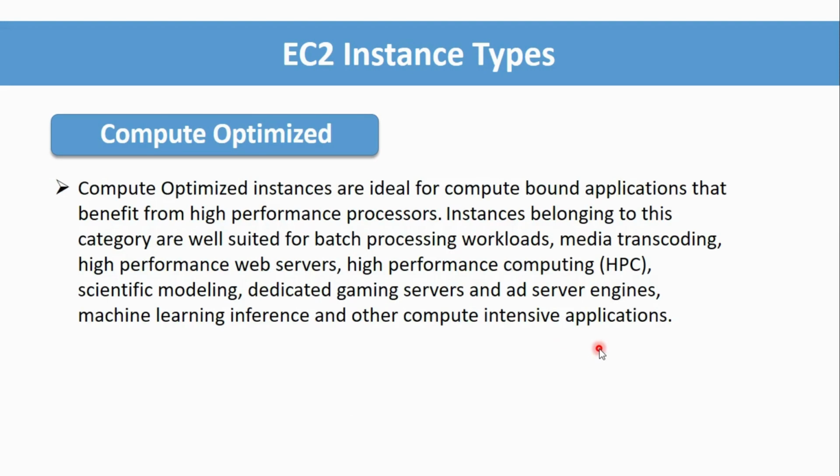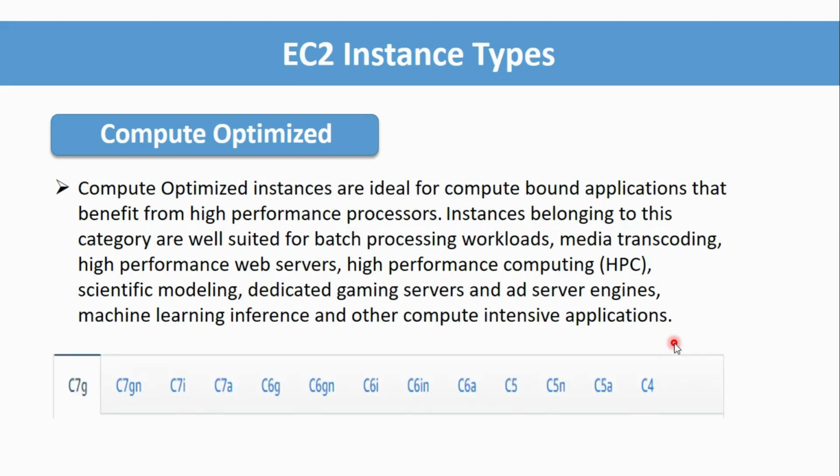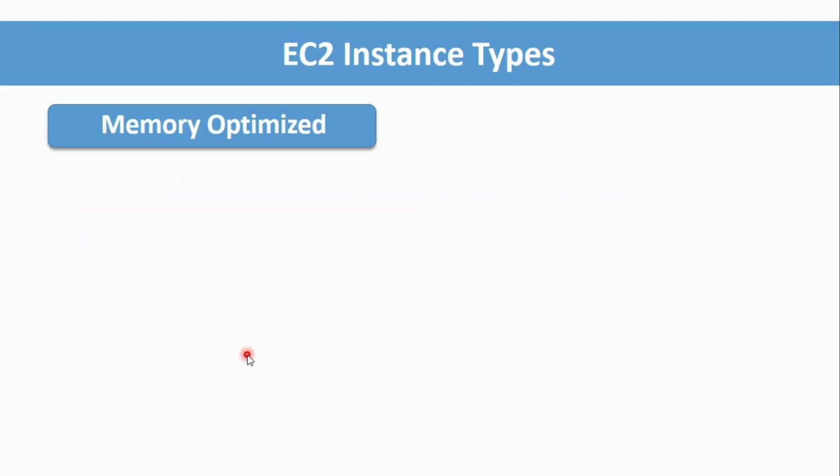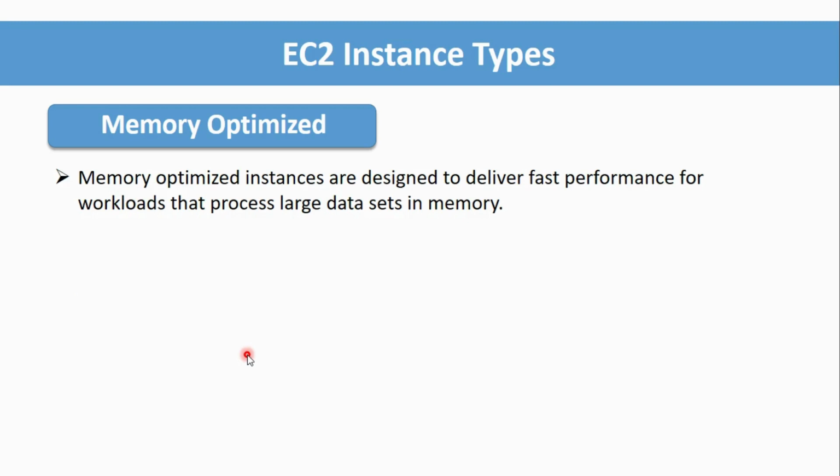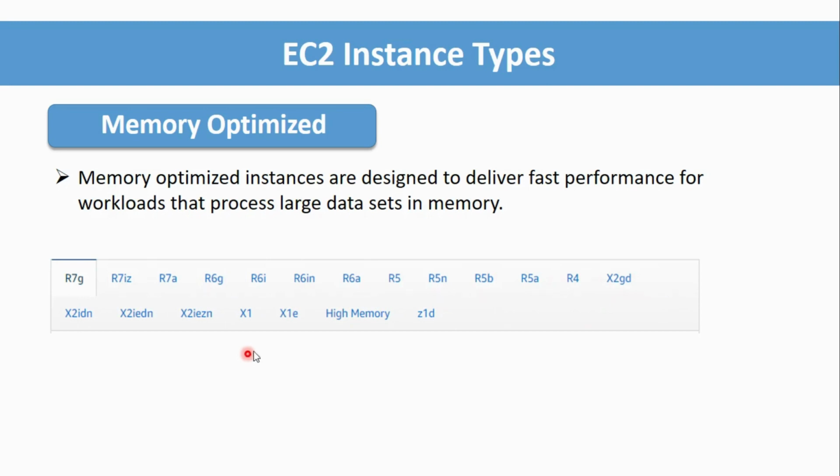If you look at compute optimized, it's for when you have compute-intensive applications which require more computing power. In that situation you can go with the C4 or C5 series, or other series as well. And if you have memory-intensive applications which require more memory, then you can go with memory optimized EC2 instances. In the instance configuration you can see the R series or X series. If you want to look at the detailed configuration, how much CPU and memory I will get by selecting the R4 series or R5 series,